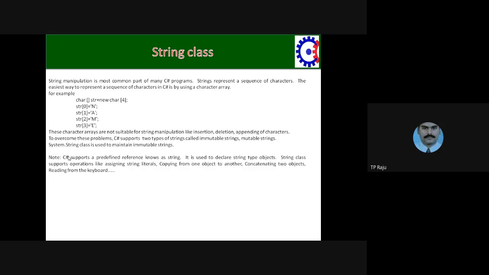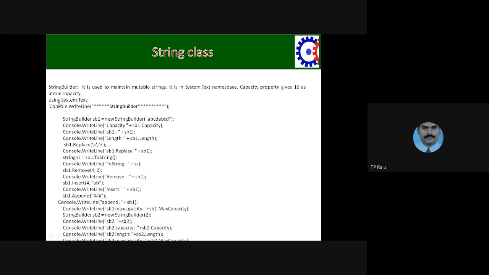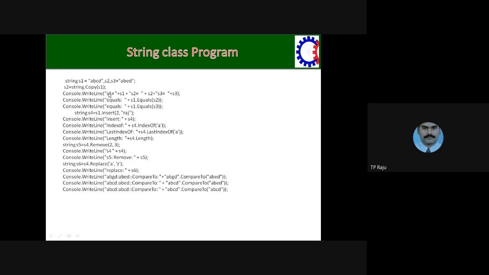In that manner, for the Object class, the first letter is capital O. If you write a small o, it is the alias of the Object class. You can use any one. You see the program of the String class.